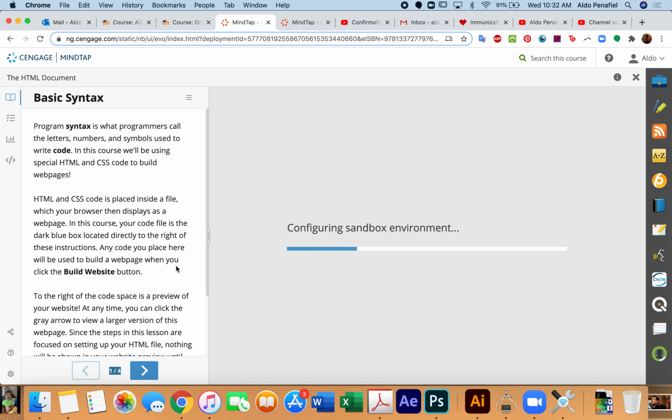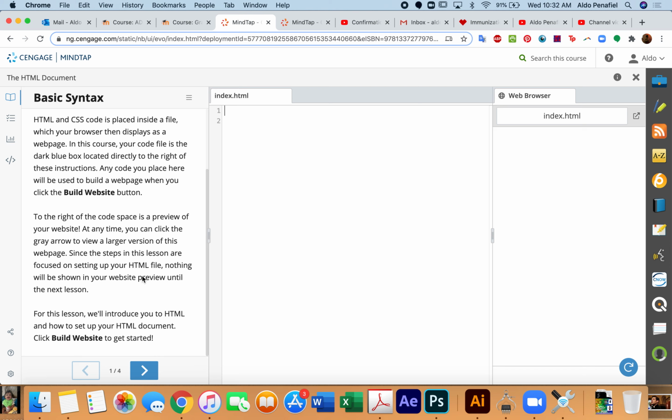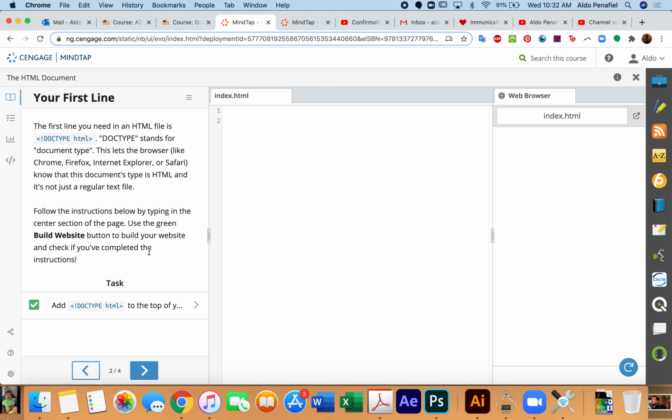And you're going to see 3 different screens. You're going to have your reading, which is going to be your left screen. Once this loads, you'll have 2 more screens. You'll have your sandbox here, and then you'll have your visualization here. So these are interactive labs, and the way that they work is you're going to read through what basic syntax is, and then you're going to scroll down, and once you're done reading you can go ahead and hit this button that'll take you to the next step,